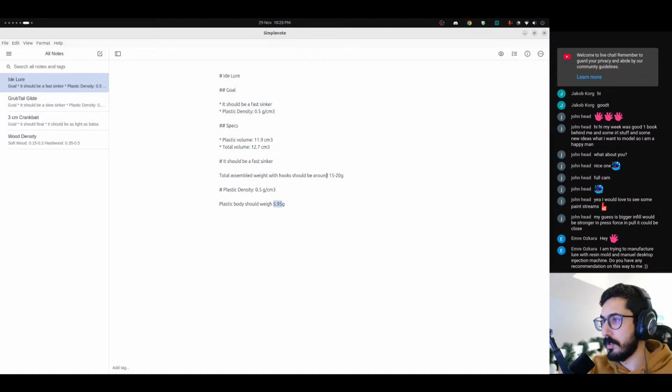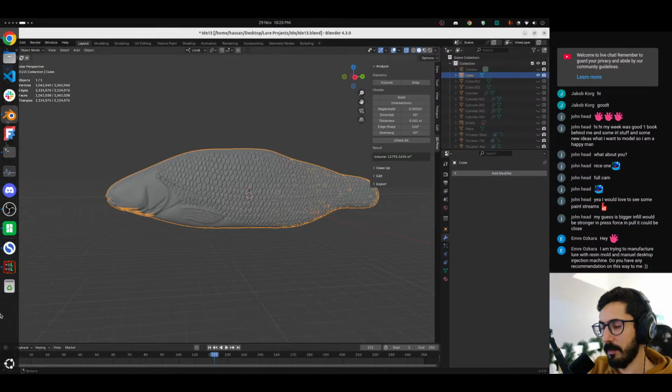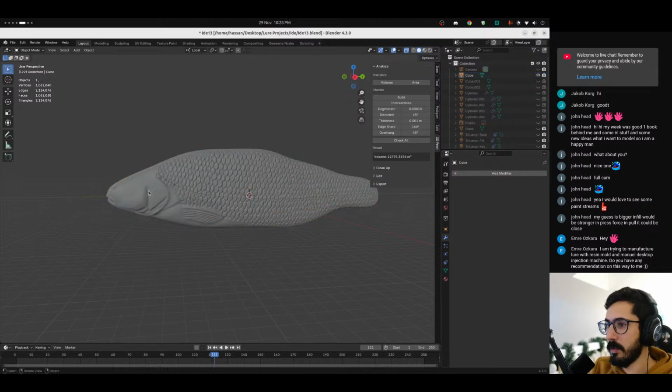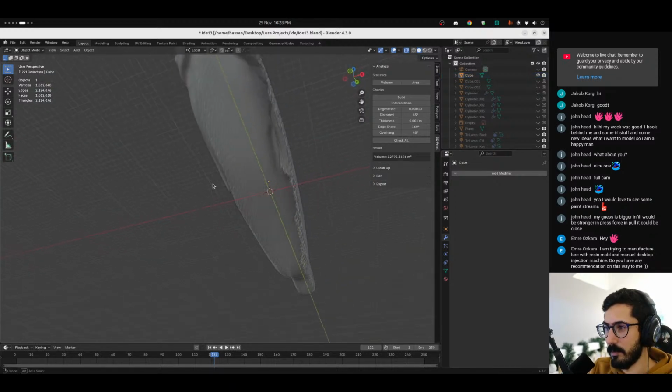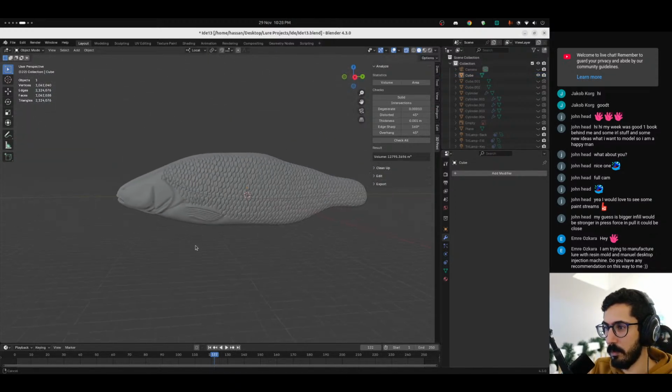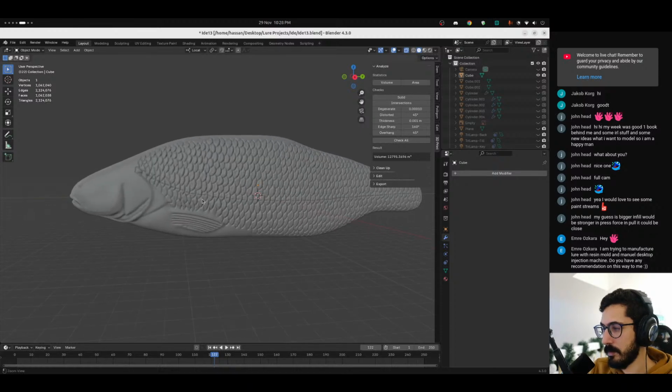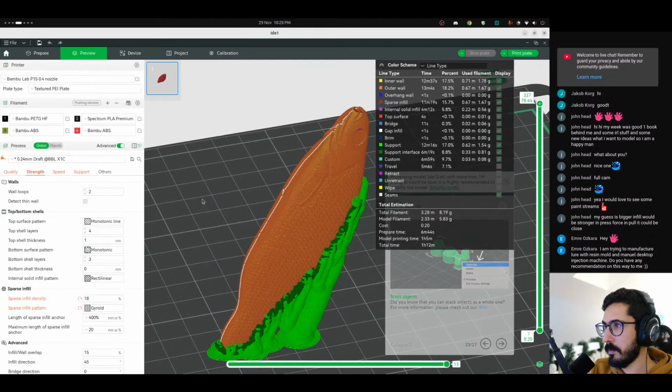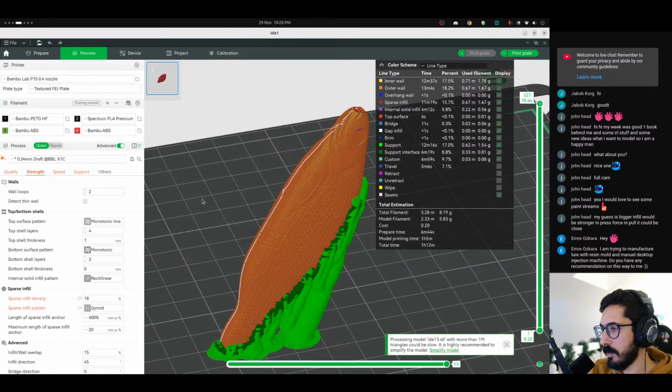Now, can we achieve this? That's the question. We said we want to add 4 grams. That's going to be a challenge to add 4 grams in this very slim body, but it's doable. So yeah, basically